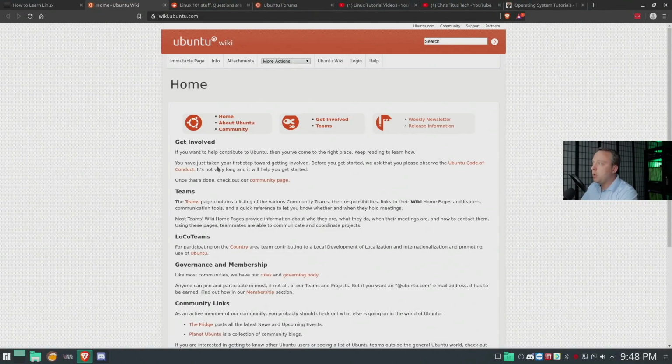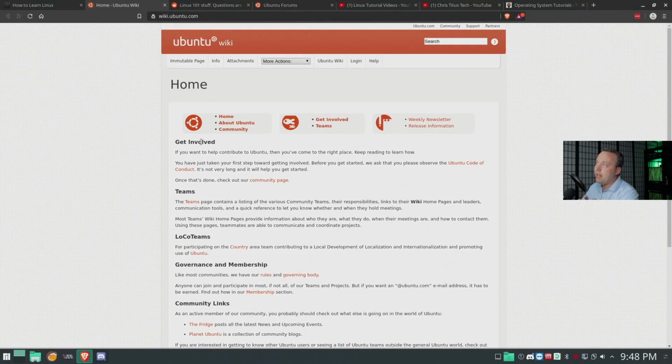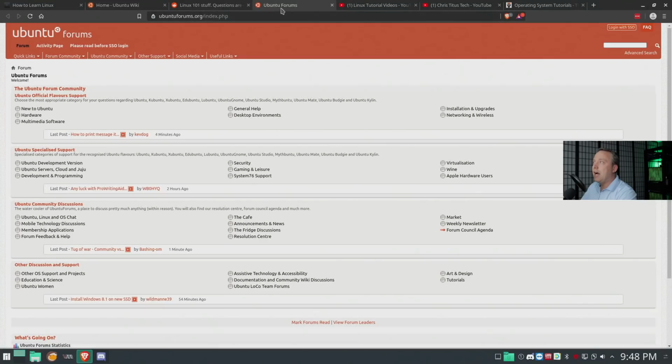Up next is the Ubuntu Wiki. Now, I don't really use the Ubuntu Wiki that much, but anytime I've had an issue, I might pop on the Ubuntu Wiki every once in a while and figure out what the issue was. More often than not, I like to defer to the Ubuntu forums. Even though I don't like Ubuntu as a distribution so much, I love their community. They've done so much to help everyone, and it's rather organized, so it's very easy to get help through the Ubuntu Wiki and also the Ubuntu forums. If you need to actually ask a question, they're very receptive.